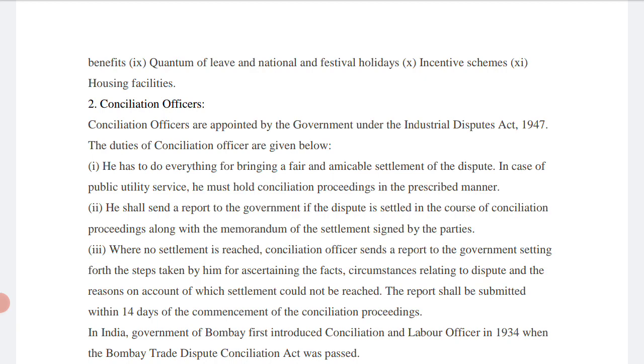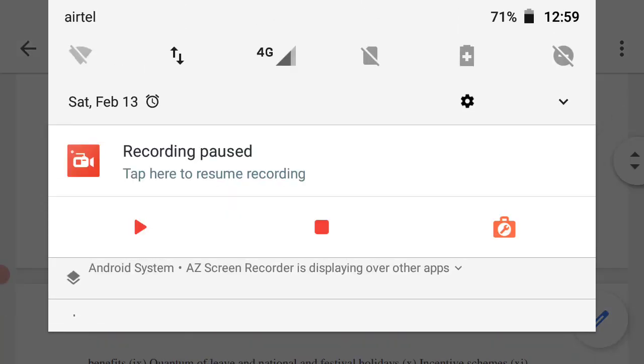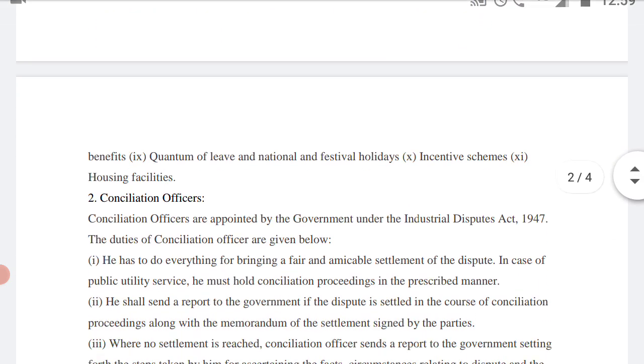Okay, and if such type of dispute or conflict is resolved, okay, अशा प्रकारचं कॉन्फ्लिक्ट रिझॉल्व झालं तर काय करायचं आहे? कॉन्फ्लिक्ट रिझॉल्व झाल्यानंतर दोघांची ही सही घ्यायची आहे त्या रिपोर्टवरती, अँड दॅट रिपोर्ट इज टू बी सेंड टू द गव्हर्मेंट. ओके, दॅट रिपोर्ट इज टू बी सेंड टू द, ओके, देन